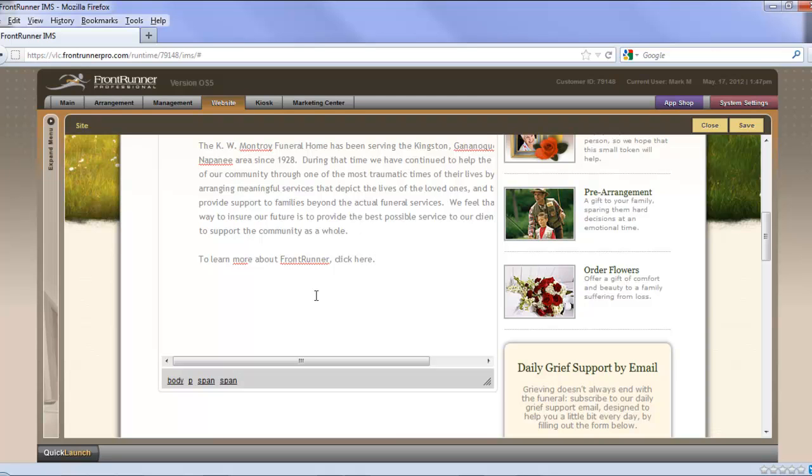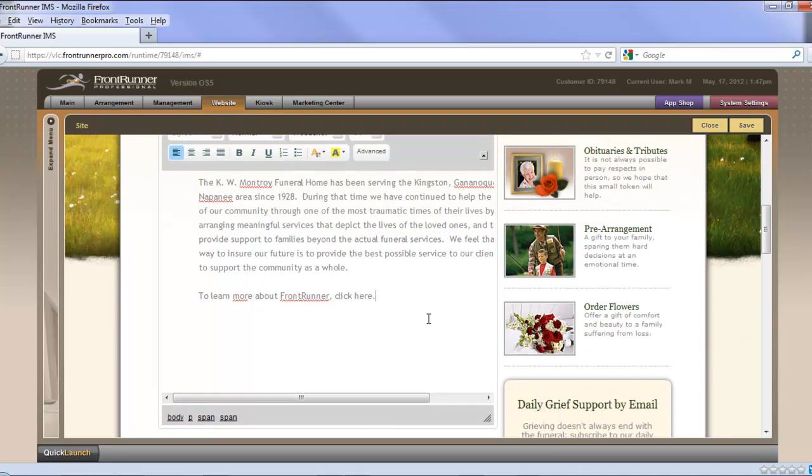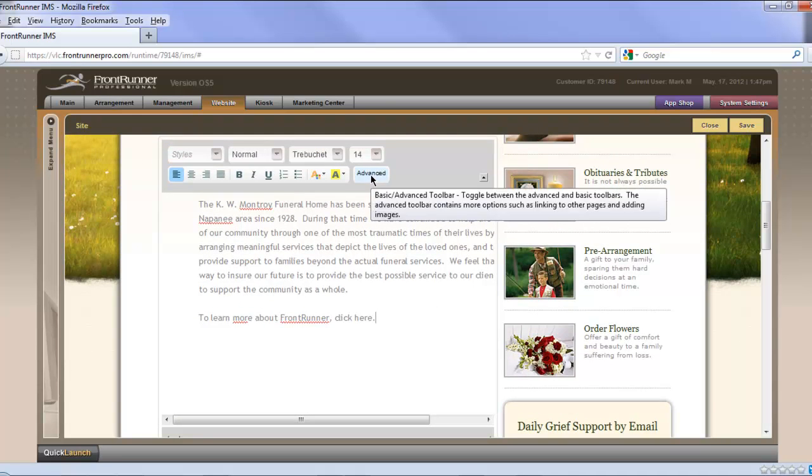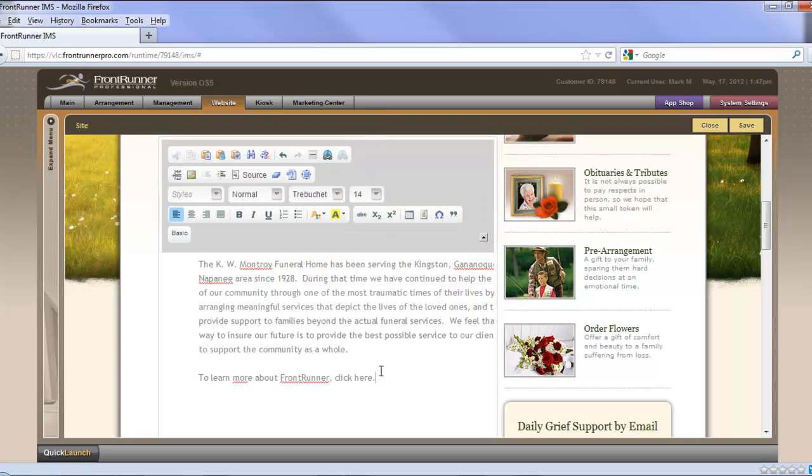So there you can see we have our line to learn more about FrontRunner. Click here. Now how to insert the link? Well, first of all, we'll have to expand this to go to the advanced editor. Once that's done, we highlight the "here,"